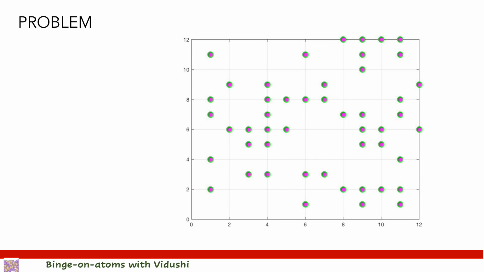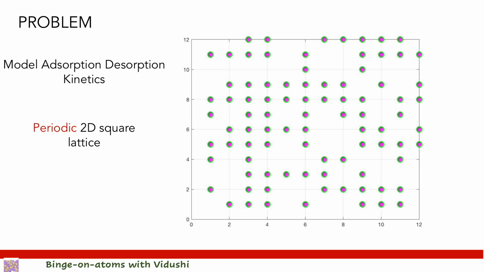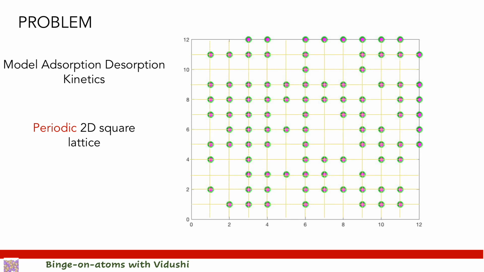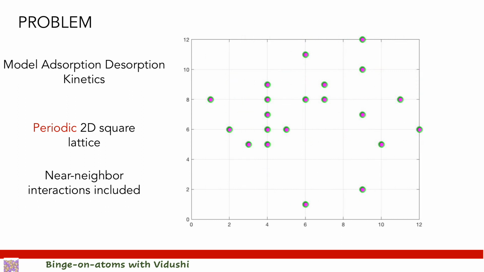Before proceeding forward, I will first define the problem here. We will model adsorption-desorption kinetics on a 2D square lattice. Our 2D square lattice denotes sites for atom adsorption and desorption. If a site is empty, an atom can adsorb there, and if a site is occupied, an atom will be able to desorb from there. In this code, we will include near neighbor interactions. That is to say, for an atom to desorb, the number of neighboring atoms and the near neighbor bonds will